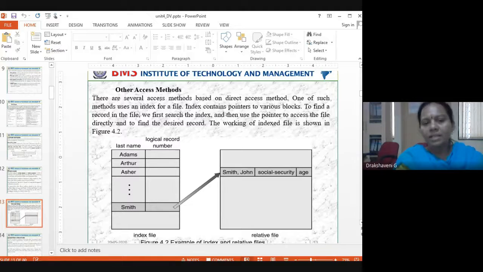So then the other access methods. How are the other access methods? One of them is indexed. So how am I going to point? Like in your textbooks you have an index page, or when you do your project work you also have an index page. What you have in the index page is in which page my literature survey is there, in which page my methodologies are there, in which page what is there. So that's what here, the other access methods are also there.